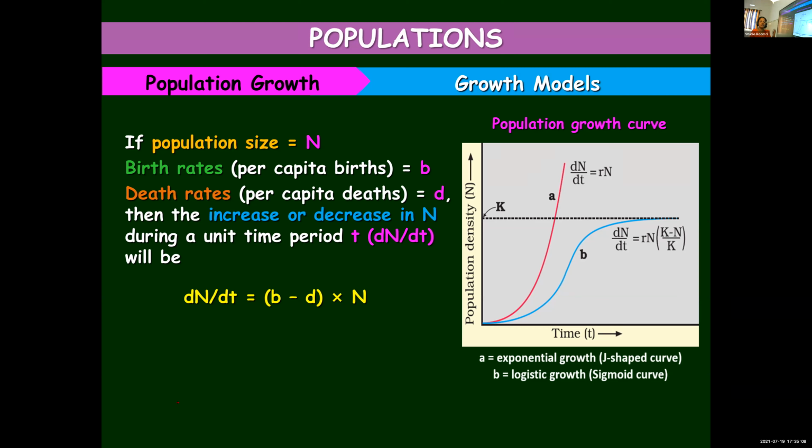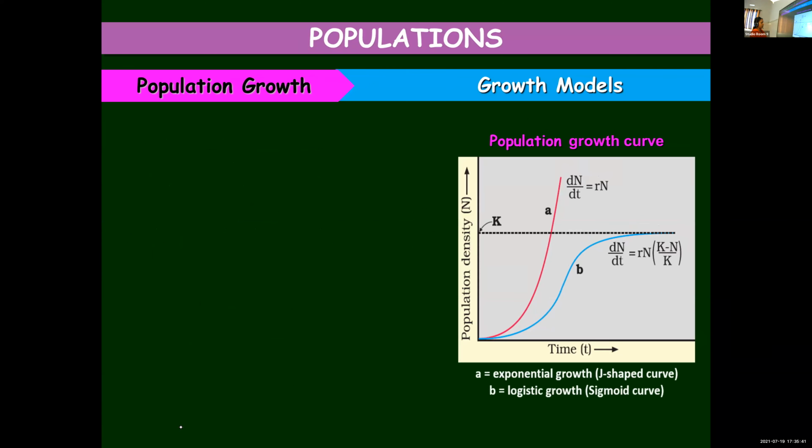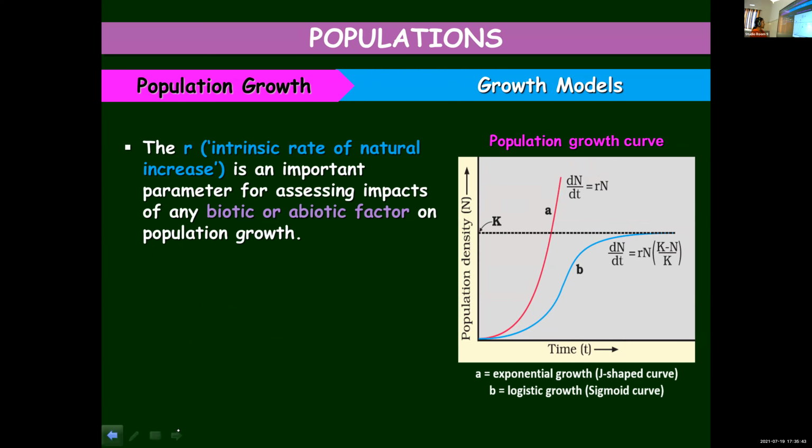It might have changed drastically by 2020-21. Now we are living in 21. So I told you, next class you find out and come, what is the present intrinsic rate or r value of population in India. B minus D, if it is represented by r, that is the innate rate of natural increase, then we can write the equation as dN by dt is equal to rN. Okay? That we had completed in the previous period.